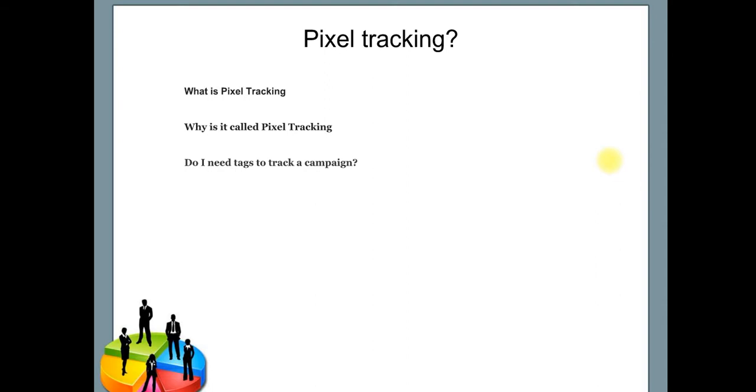The tracking pixel is simply a code that gets inserted into the creative. That code makes a server call, and that happens because of the web browser. The web browser talks directly to the server and says, hey, I want this image. And then the server returns that transparent one-by-one, that tiny square,